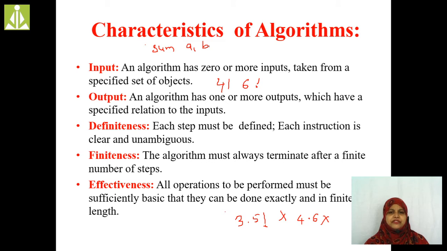For example, for addition of two numbers, we have 6 to 7 lines. For matrix multiplication, the algorithm requires around 20 to 30 lines. To read input data from a file and write and update the data in the file, we require 50 to 60 lines of instructions. So every algorithm must terminate after a finite number of steps.